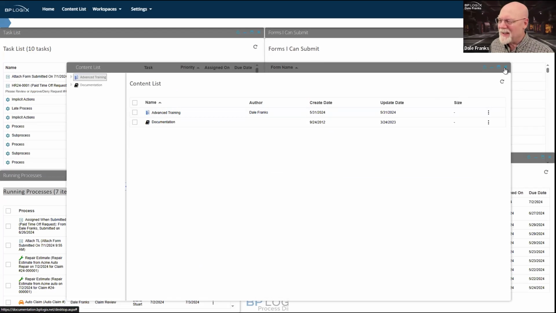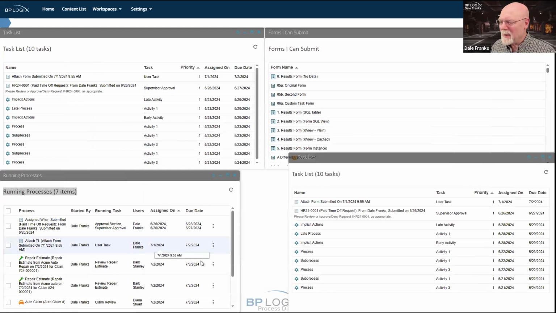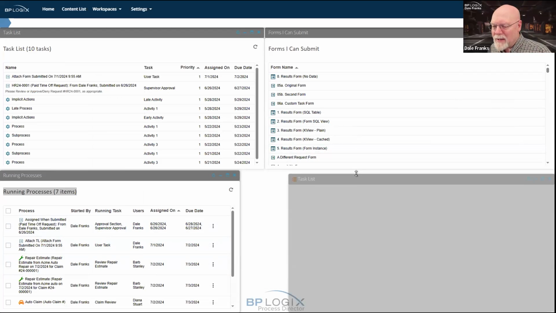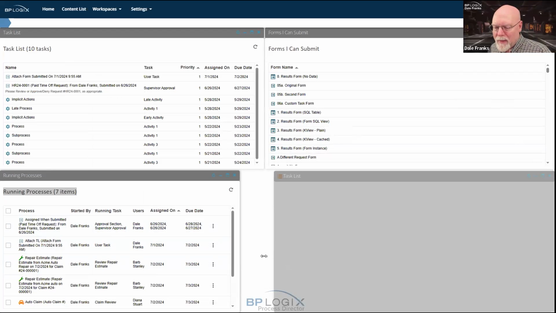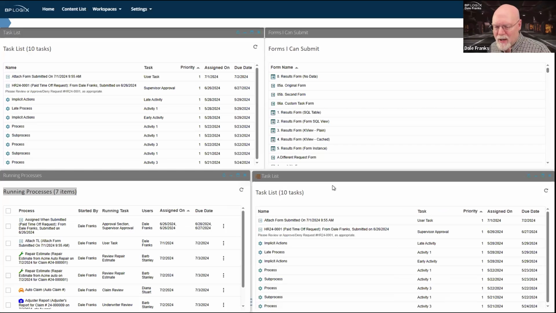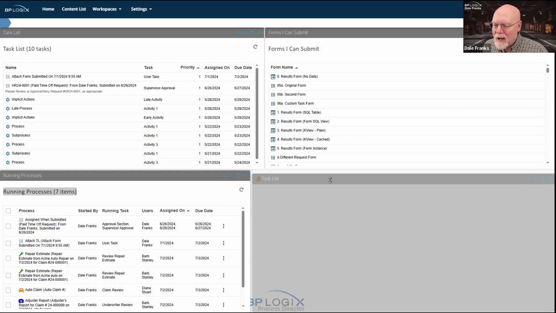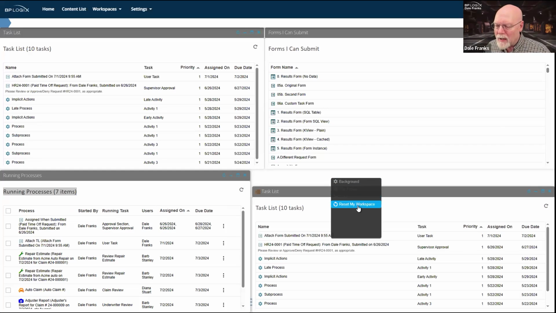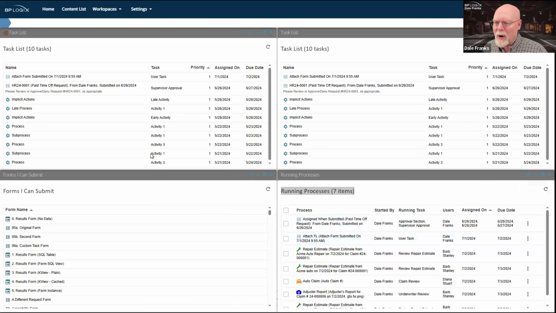I've got the content list, not really necessary in version 6 to be able to access the content list. So I can turn that off and I can give myself a workspace that is more useful to my personal needs as an end user. So the desktop interface does at least enable me to do a little bit of customization. It also allows me to arrange my windows, which is kind of cool. Does that for me automatically.